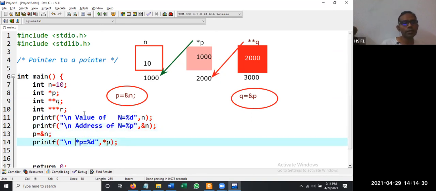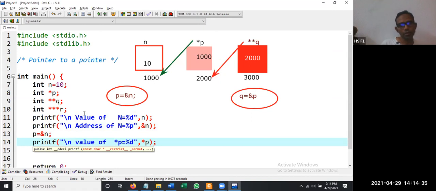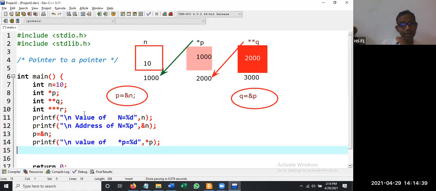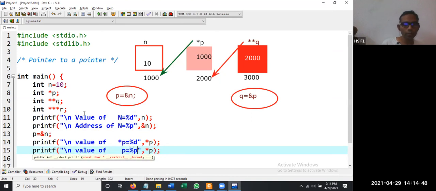So this is called value of star p. Then we'll have one more. I want to print what is the value in p. So value of p, here we are going to use %p because it is an address, so we write p.